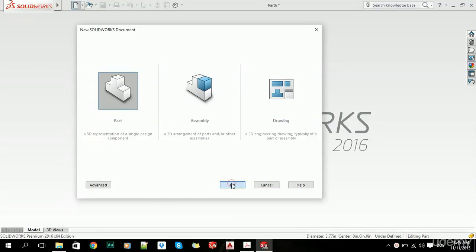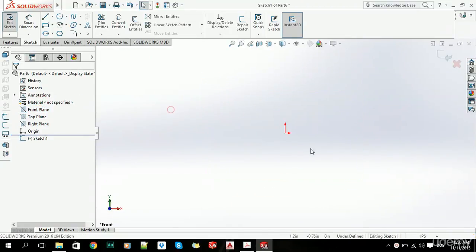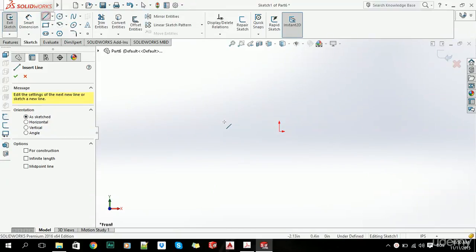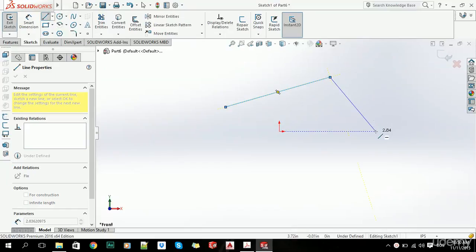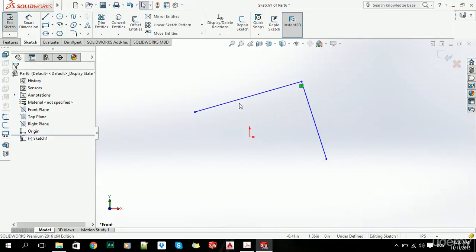So let's create a new part and let's create a new sketch on front plane. Now, as you may have noticed, when we create a line or two, let's just make it like this, they are blue. Now, when you go to this tab here, it says that our sketch is underdefined. Now, if we want to define it, and sometimes it's really useful to define all of our sketches